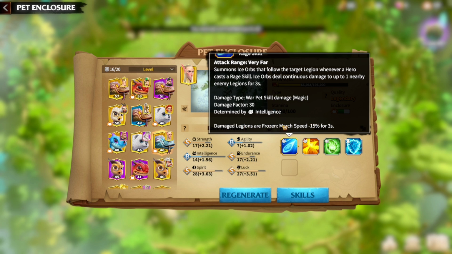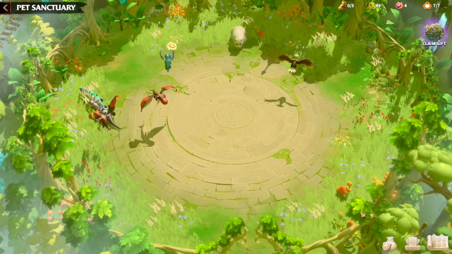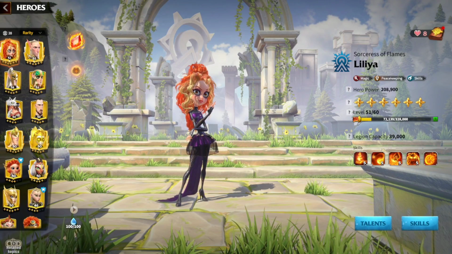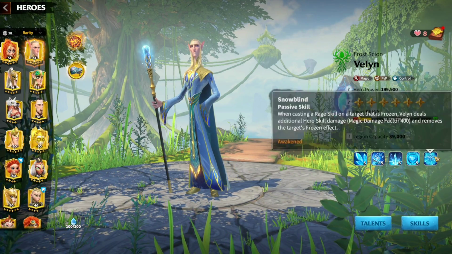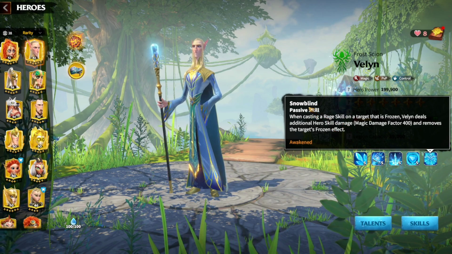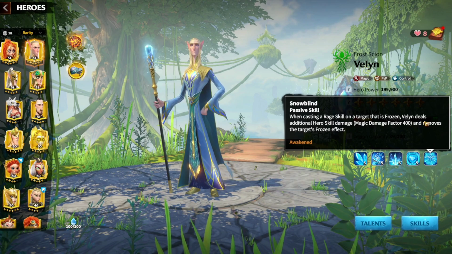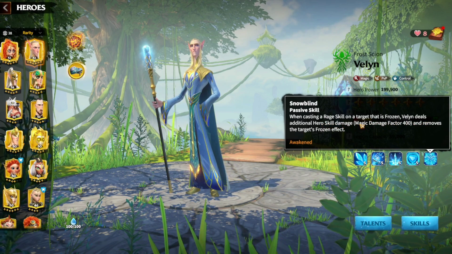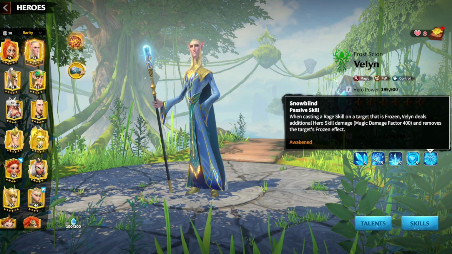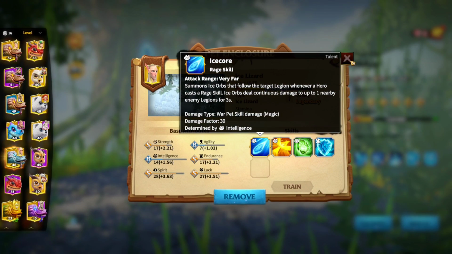Now, when you trigger this ability, you are going to bring Velin to life. So let's go to the hero section and see what Velin can do. If you have an awakened Velin, the Ice Lizard becomes the best magic war pet in the game. The awakening skill for Velin says, when casting a rage skill on a target that is frozen, Velin deals additional hero skill damage. Magic damage factor 400. You guys see that? The Ice Lizard is gonna freeze the opponent and make Velin do that 400 damage factor,